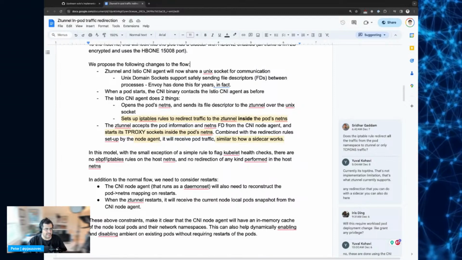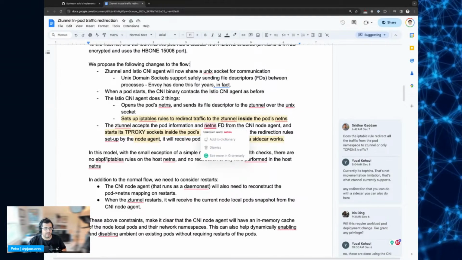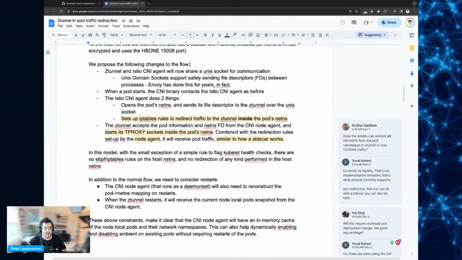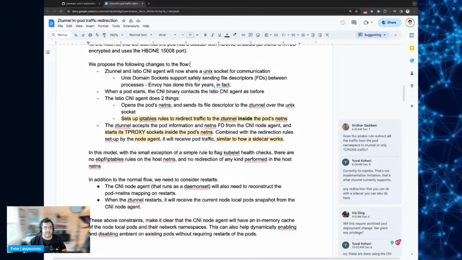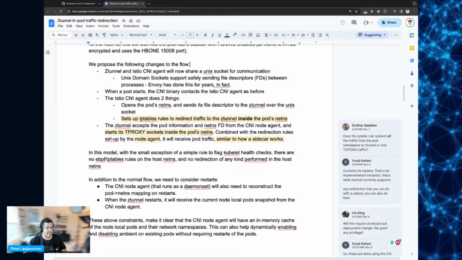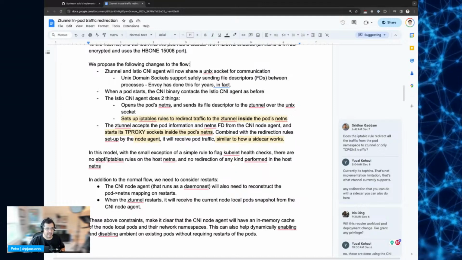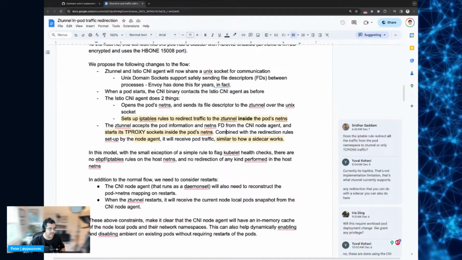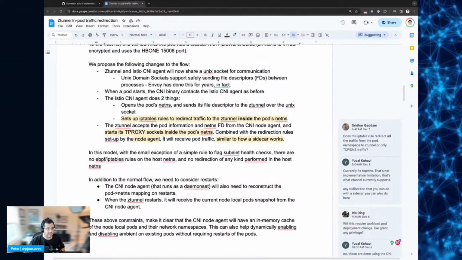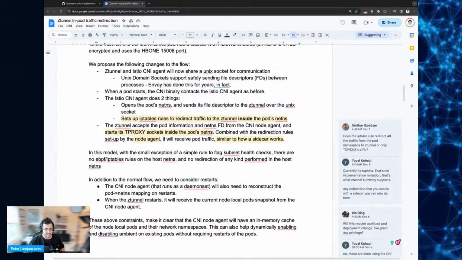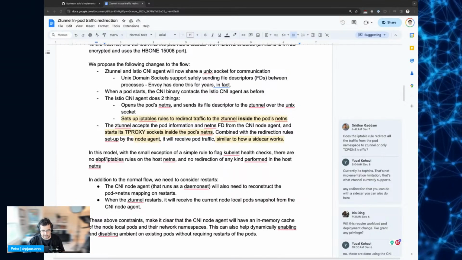The Z tunnel will accept the pod information and network namespace file descriptor from the CNI node agent, and is going to start the T-proxy socket inside the pod's net namespace. Combined with the redirection rules that were set up by the node agent, it will receive pod traffic. Similarly to how the